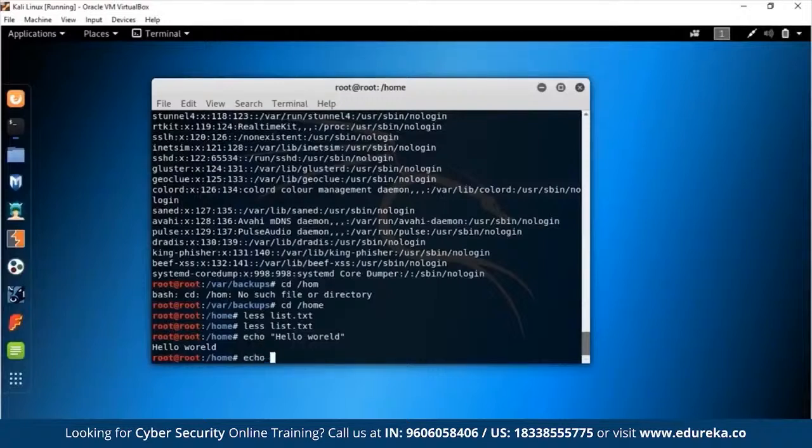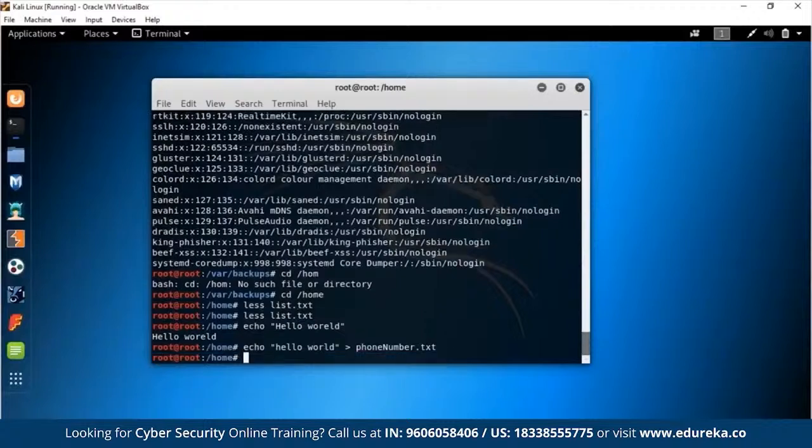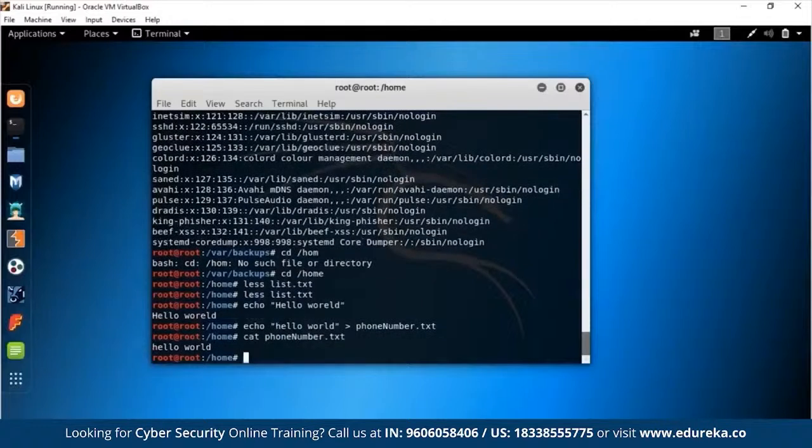So you could do echo hello world, and insert it into a file. We had a phone number.txt, yep, and we can echo it into that file. Now let's see what is in phone number.txt, and it says hello world. So you can input text into a certain file with the echo command, and that's how you do it.